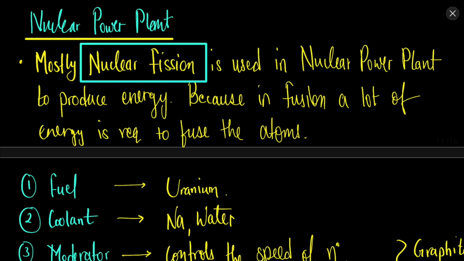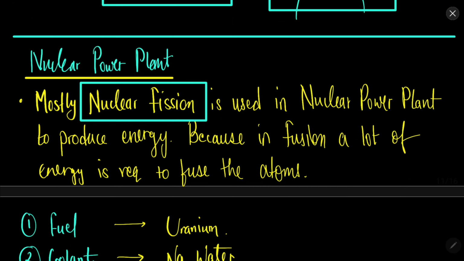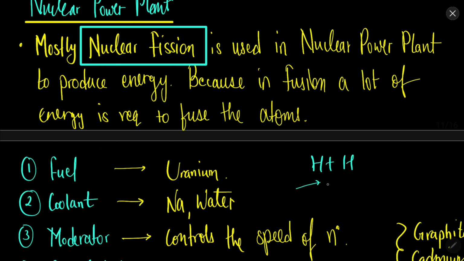Now nuclear fusion is not done commercially, because in nuclear fusion we need to combine hydrogen atoms together to form helium, and usually they repel. So in order to combine them, a lot of energy is needed. Okay, in order to combine the hydrogen atoms, we first need to give them a lot of energy so that they can overcome the repulsive force between the electrons of their orbits, and they come close together. So in order to do fusion, we require a lot of energy in the beginning itself. So because of that, we do nuclear fission only, mostly.